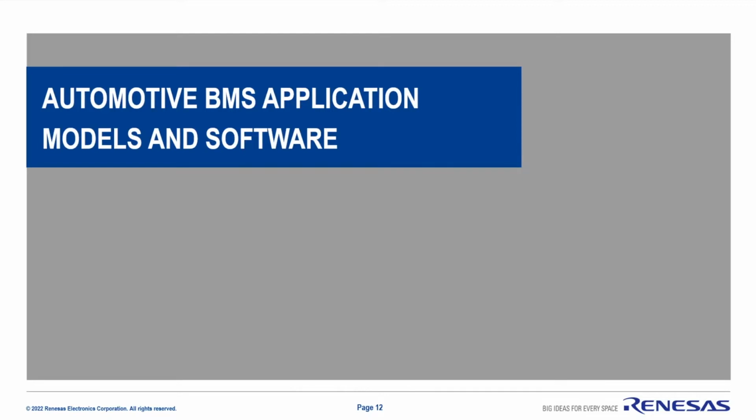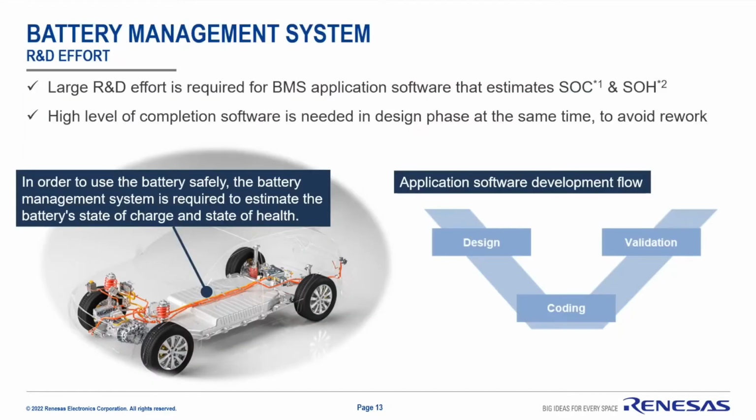So now let's see our two latest winning combinations for the xEV space. The first one is the Automotive BMS application models and software. As you know, to ensure safe battery use in the automotive industry, a battery management system is required to estimate the state of charge and the state of health of the battery cells. Developing an application to estimate the state of charge and the state of health